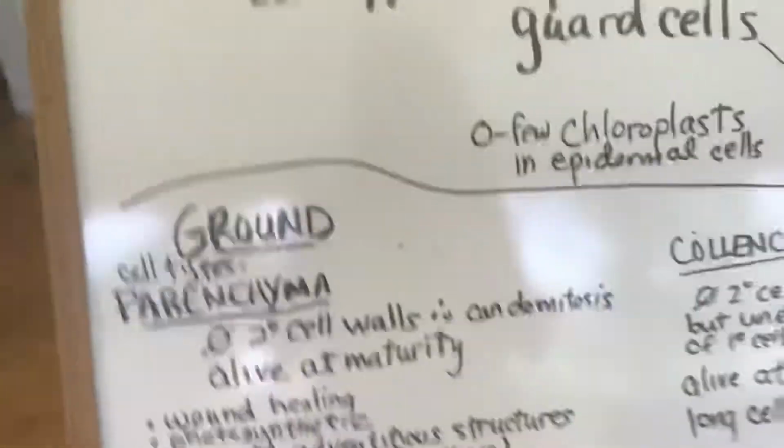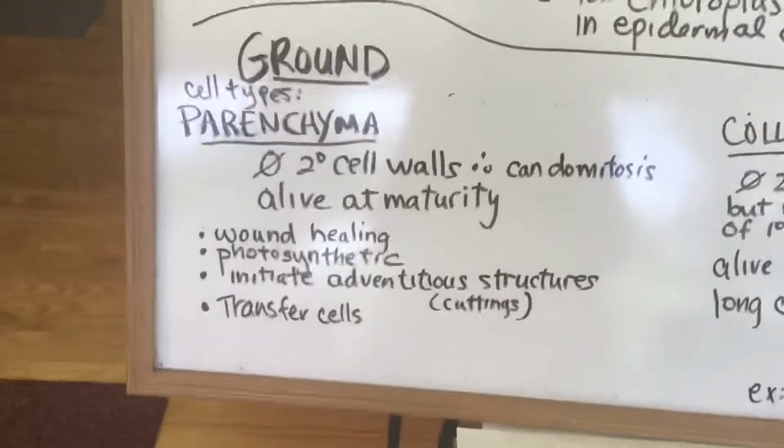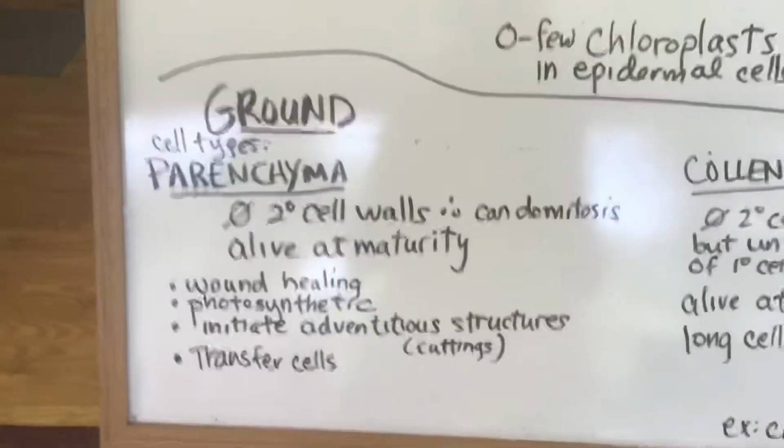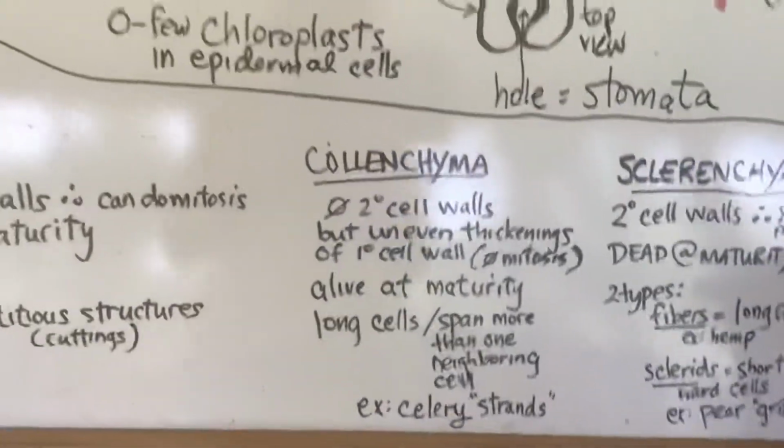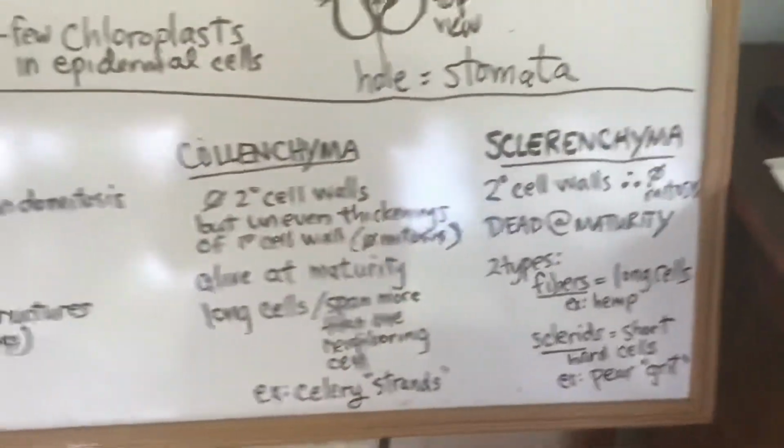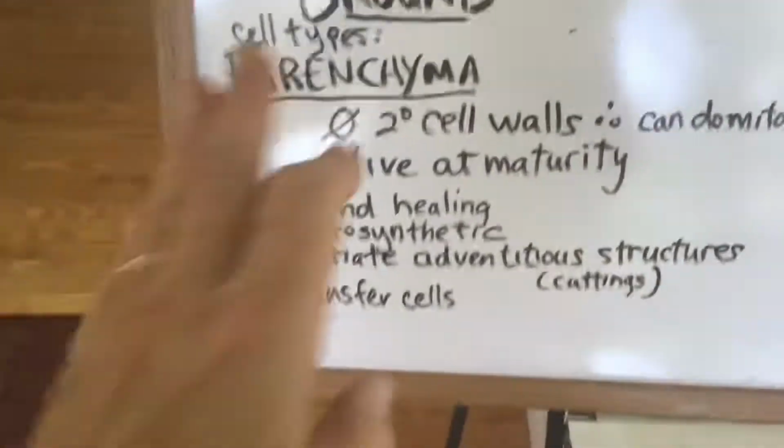All right, so let's go over the different types of cells in ground tissue. There's three types of cells. There's parenchyma cells, there's collenchyma cells, and sclerenchyma. So we're going to go over each one and their features. All right, so the parenchyma cells